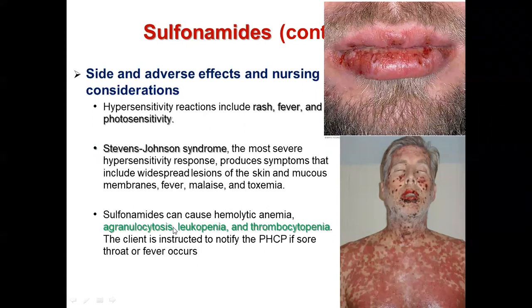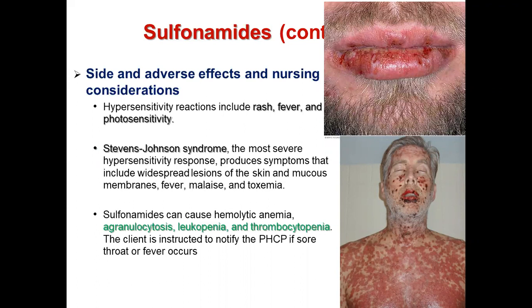WBC goes down, leukocytes go down, platelets go down. We call this blood dyscrasia, so if you check a CBC, you can find it out. The client is instructed to notify the healthcare provider if they have a sore throat or fever. It indicates WBC goes down, leukocytes go down, because they develop agranulocytosis or leukopenia because they took the